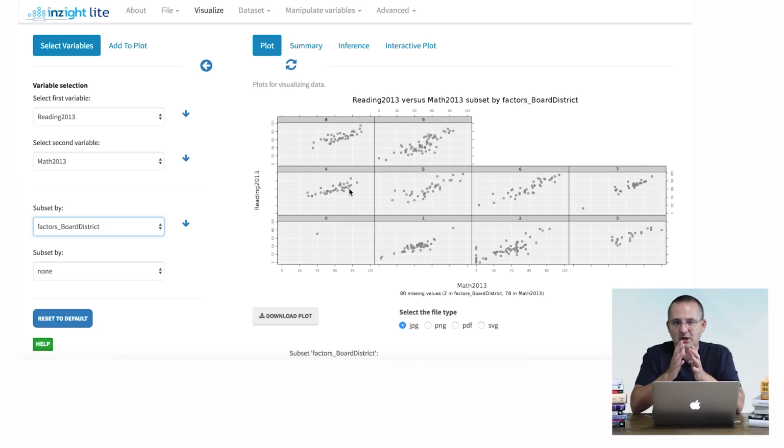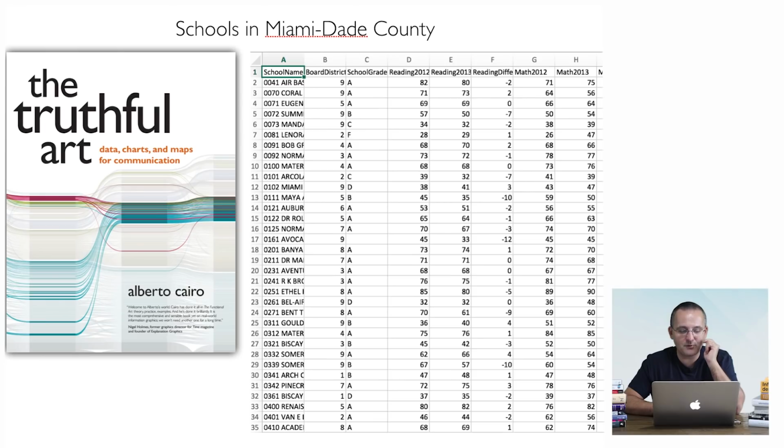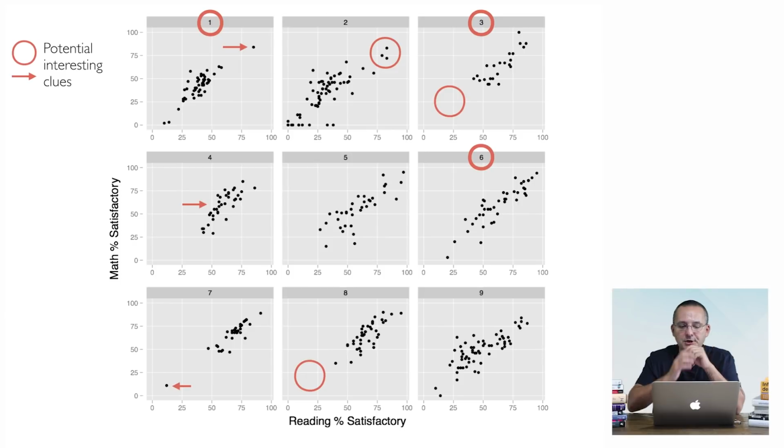Now, when I saw this chart, I started visualizing many potential stories that we could pursue based on this very simple dataset. So I took a screenshot, I downloaded this graphic, I clicked on PDF here, and I downloaded the plot to my computer. I opened it up in a software tool, and I started adding annotations, right? Things that I would be interested in learning more about from this dataset. So here you have the same scatter plots over here with little circles and arrows pointing out things that I found compelling in the data.